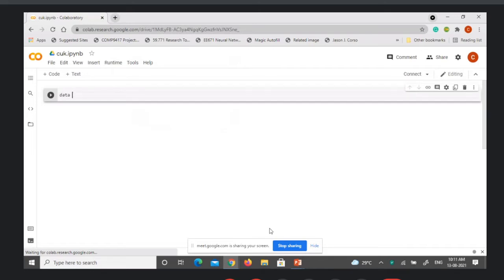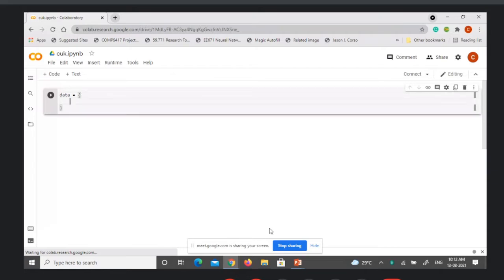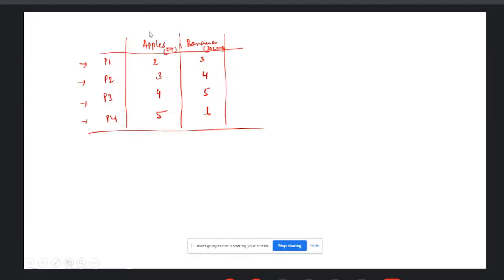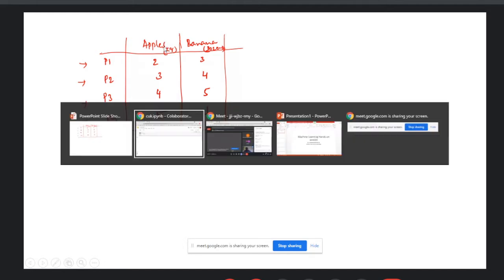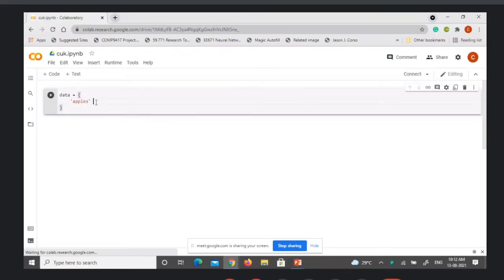So we just say data equal to, you can just say apples, because my first column is apples data and the second column is the bananas data. So I'll take the first column apples and put a colon, then I'll give the values.